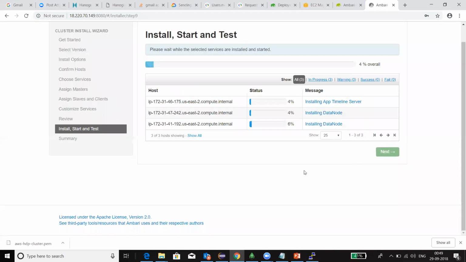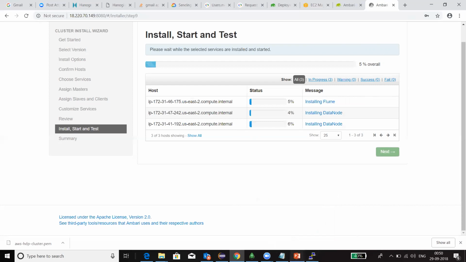So let's leave it here. So folks, we need to wait for some time for this to complete. So let this process run in the background. In the meantime,